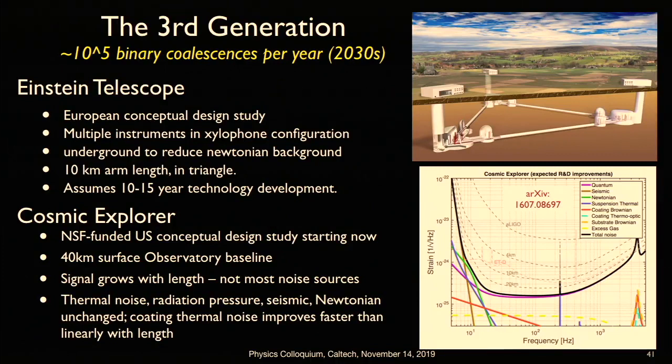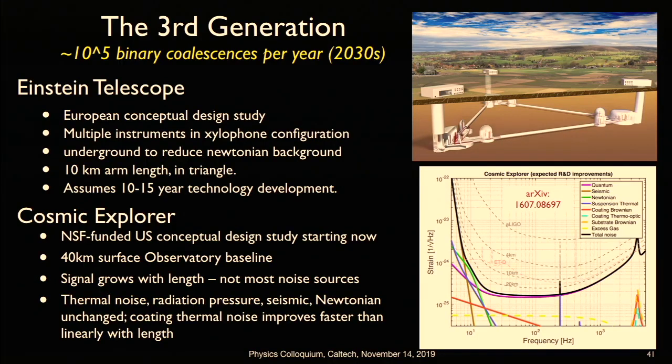What is really the third-generation outlook now is a much bigger detector. So to do a real jump, we need to go from the kilometer scale to the tens of kilometer scale. So the two designs are the Einstein Telescope and the Cosmic Explorer. Einstein Telescope is a European conceptual design study. The idea is to have multiple instruments in a xylophone configuration. It's underground, the arm lengths are 10 kilometers, and it's in a triangular shape. So this is going to require another 10 to 15 years of technology development, but the